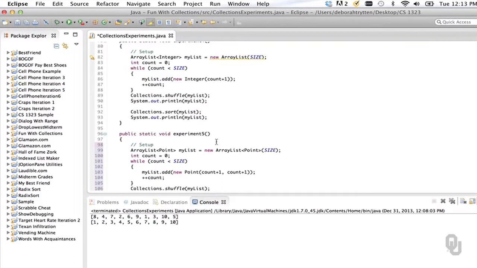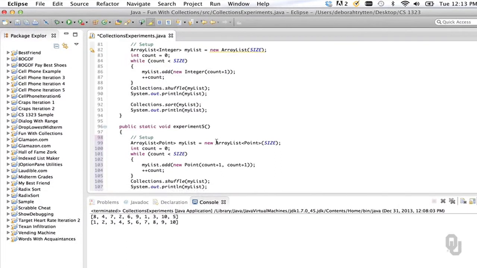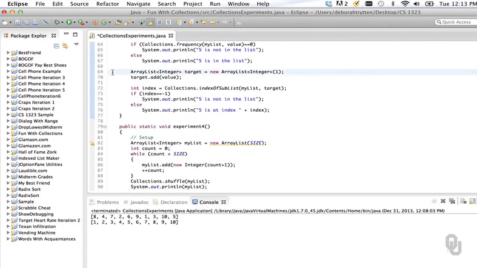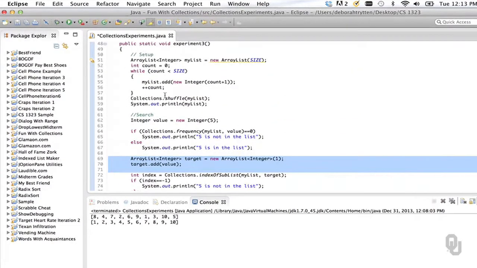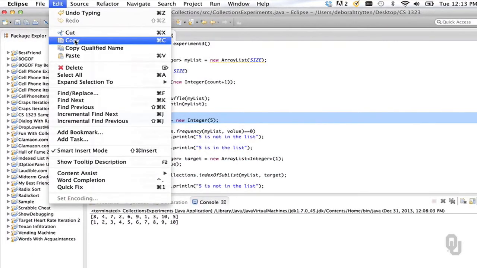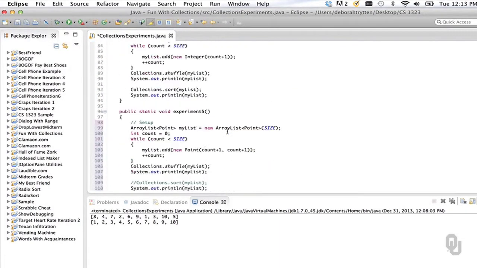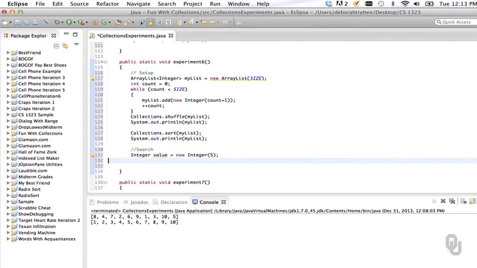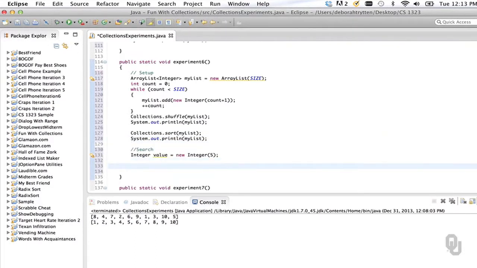Well, we did some work on that earlier too. So let's grab that. Whoops, that's not the right part. We wanted to just create the integer value 5. That probably would have been quicker to type than to try to copy, but hey. So now we're going to do